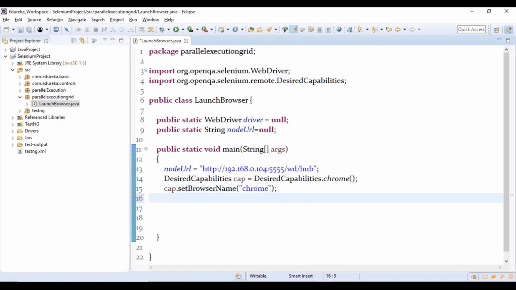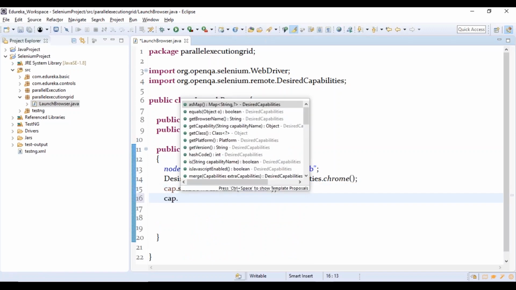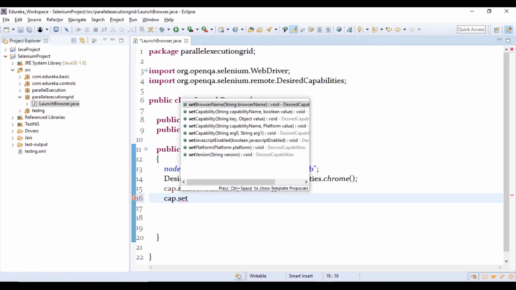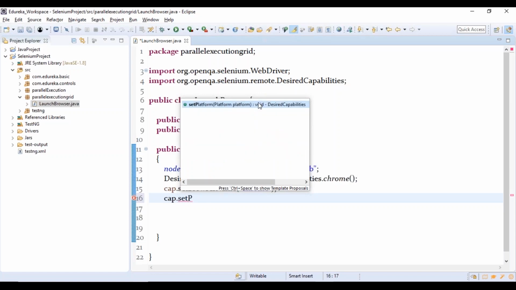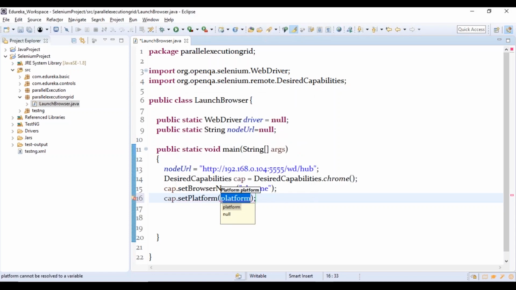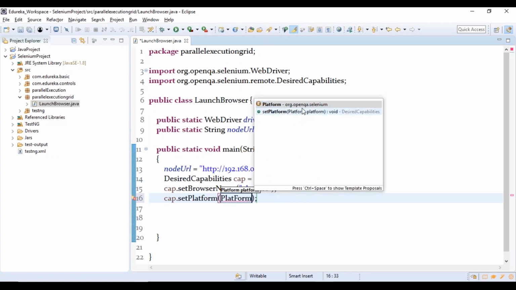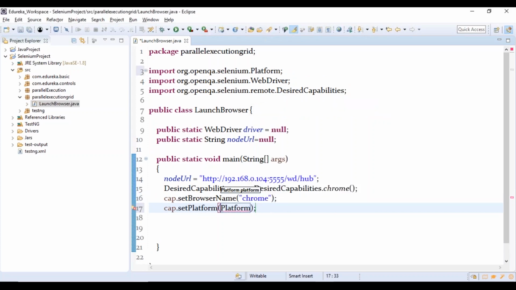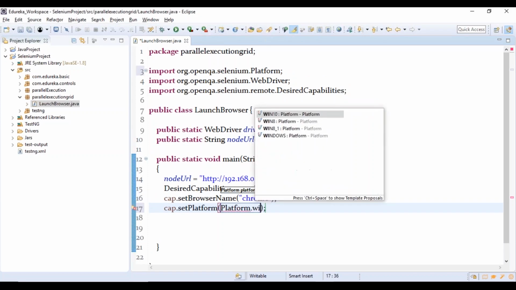The next one is I'm going to give your platform, right? I'm going to set the platform, which means the operating system. Which is the platform that I'm going to work with? Here you always have to take this platform from org.openqa.selenium.